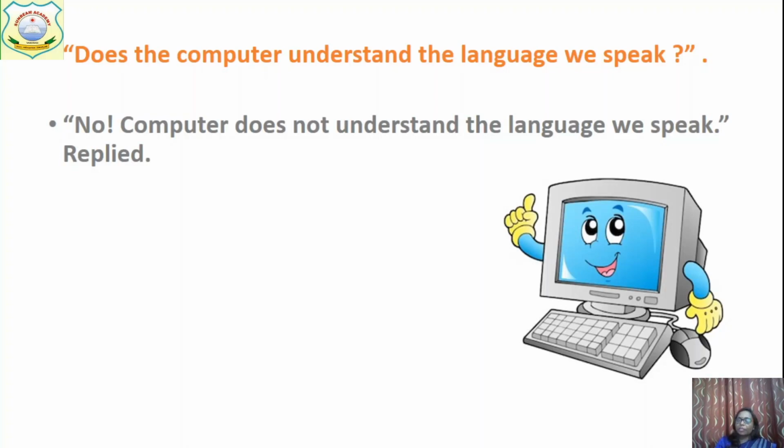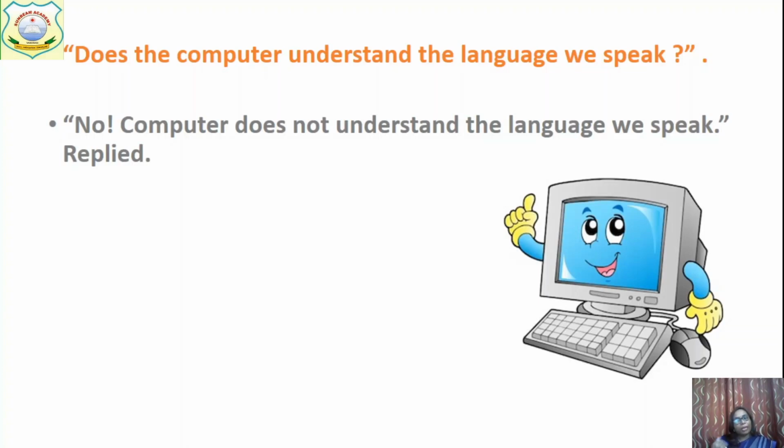Binary language is made up of 0 and 1, but it is difficult for us to write a program in combinations of 0 and 1. We cannot write programs in combinations of 0 and 1, so for that we have developed some programming languages. That language is made up of English-type words, numbers and some special characters that are easily understood by us.